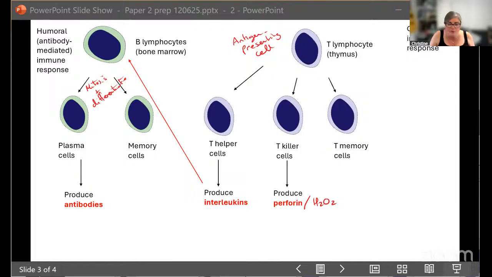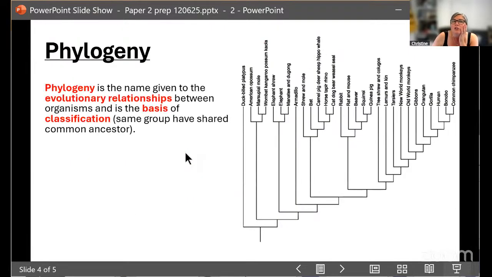Phylogeny is the evolution, right? Let me put a bit about phylogeny in here because people are worried and I haven't done that much on it. So let me do that now, because I do feel like they will bring in a bit of phylogeny and how that links with the evolution of organisms potentially. So phylogeny is basically the name given to an evolutionary relationship. When we look at relationships between organisms, for example us and chimpanzees, we're looking at how we may have evolved from a common ancestor.